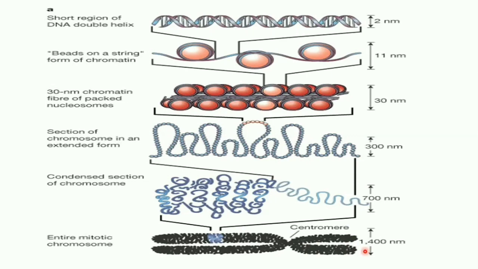During the course of mitosis, the loops are further coiled and the chromosome condenses to become visible. This is the entire mitotic chromosome. DNA is folded and compressed 10,000 fold to generate the chromosome. Can you see? This was the DNA strand. It has been compacted and compressed to this size. This whole thing has been arranged in this small size, and this forms the whole of the chromosome.